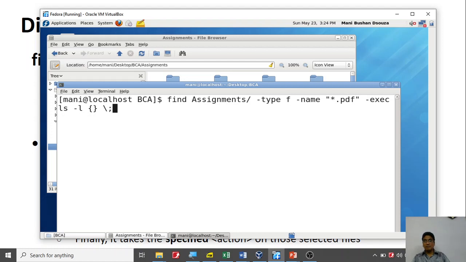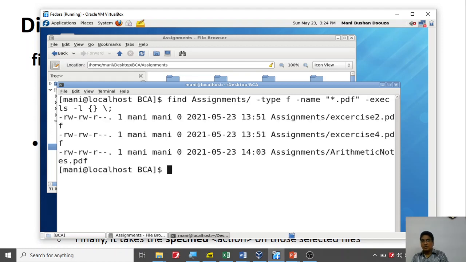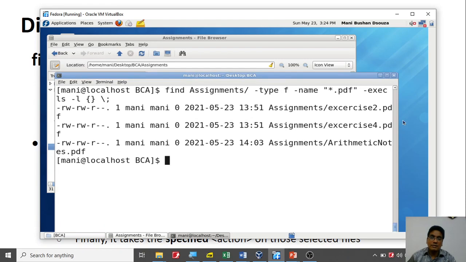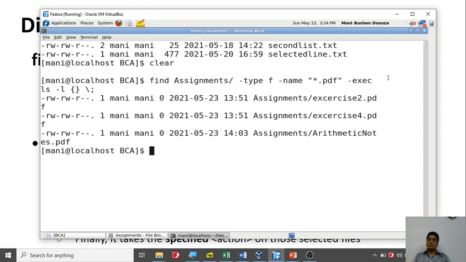So I'm escaping the semicolon. That's as simple as that. So if I press it, you notice that it is going to show you in a long listed format. If I slightly, I think I can get it in full screen. So you get a long listed format, how the content will appear.